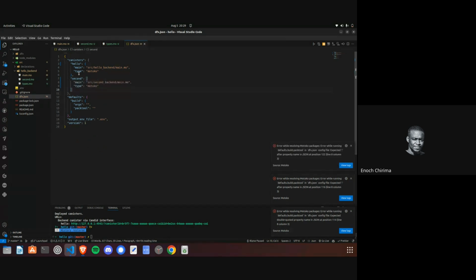And where is it? It's in the source, second.mo. So that's how you tell DFX where your other canisters or canister is, right? So now